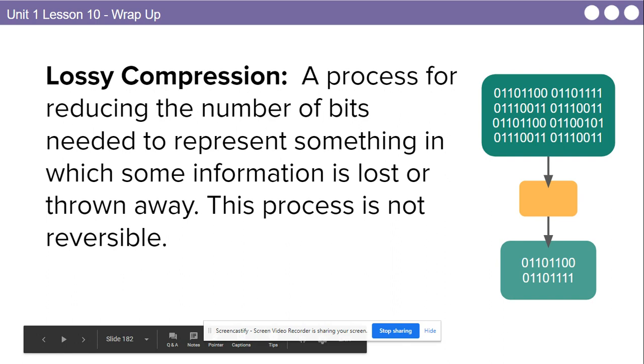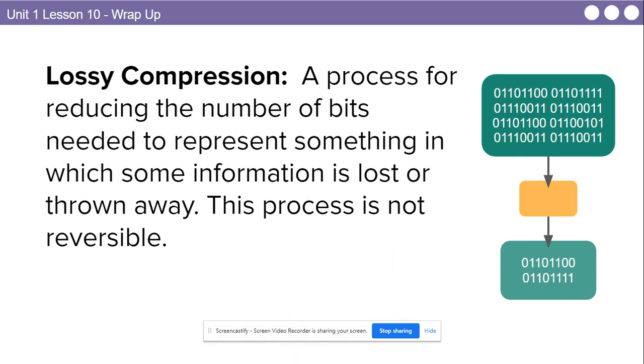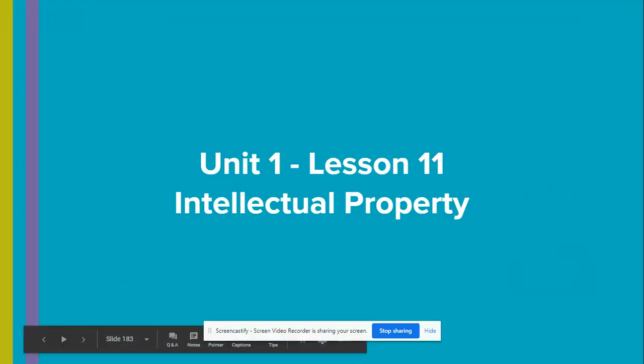Okay, so with lossy compression, we're reducing those numbers to ones and zeros in a process that is not reversible. With lossless, we could reverse it, right? This is not reversible, so we're not going to gain that pixelation back. So when we go from this binary code, we're losing some of it to go to that one. We could still tell what the school bus was, right? So we could still identify the image, but was it clear? Not really. And that's what happens with lossy. So you now have your